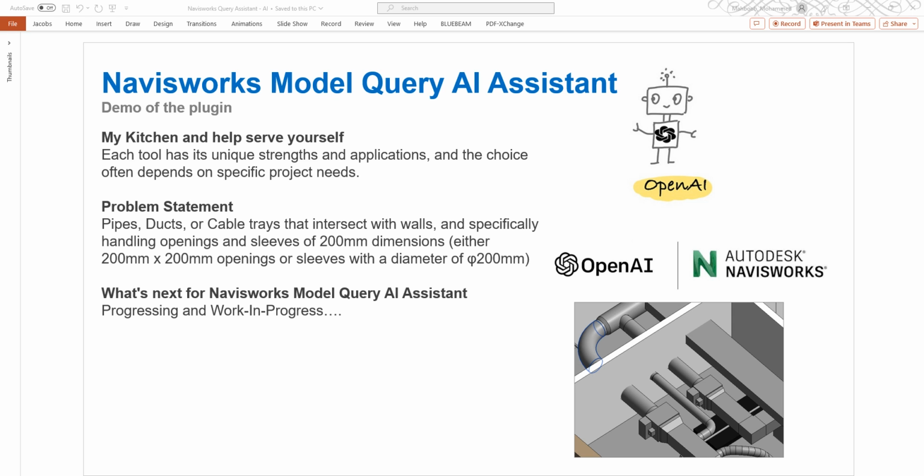So I'm in the process of building the AI assistant for Navisworks. However, I thought I would share that in future videos, but prior to that, I'll just share one of the plugins that I've been using for quite some time. It's an external plugin, but I just wanted to share that within this video. However, this is not a promotional video for the plugin, but just to share my current experience or the